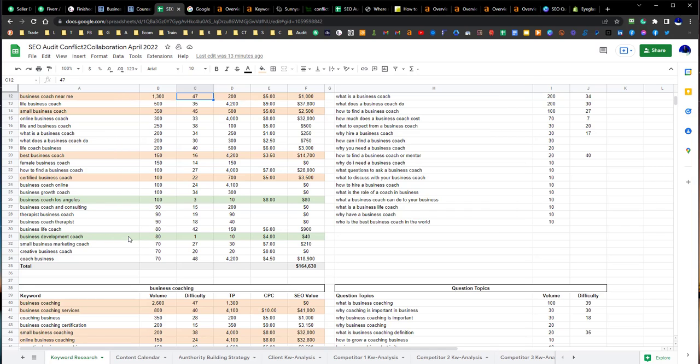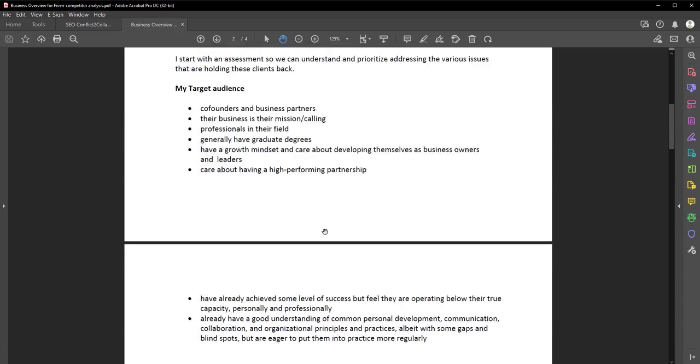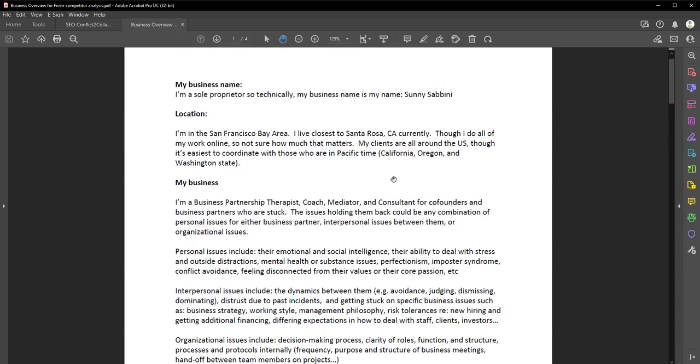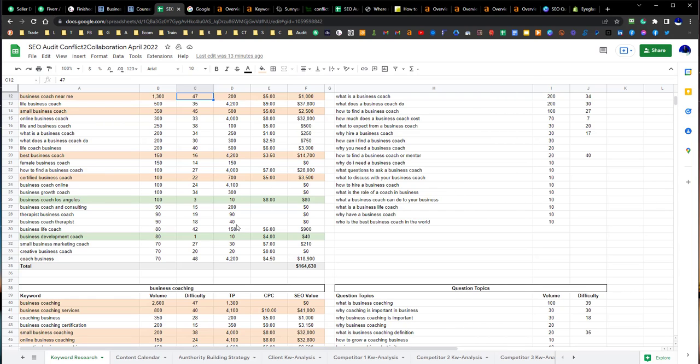Even though I know you said you're not in Los Angeles, in your brief you gave me Santa Rosa, right? But I think today, post-pandemic and as we're moving to a hybrid model, I truly believe that's going to stay. I think the genie's been let out of the bottle. You can do as much work from anywhere in the world as you can from going into an office. So I think the main point here is understanding the words that people are searching.